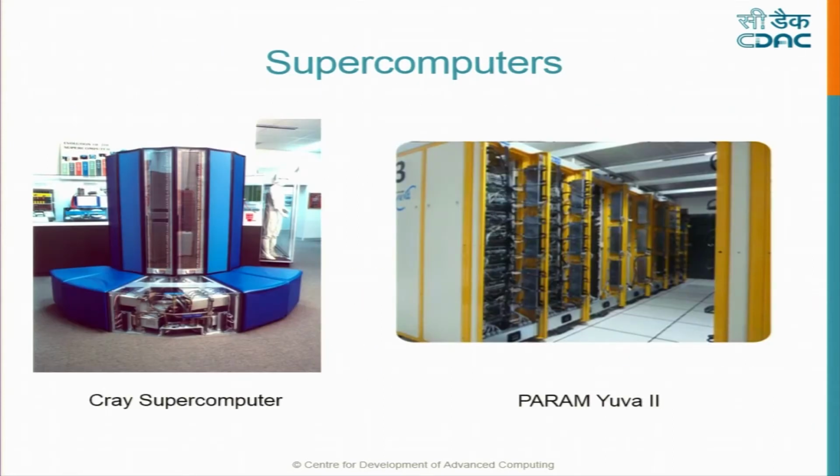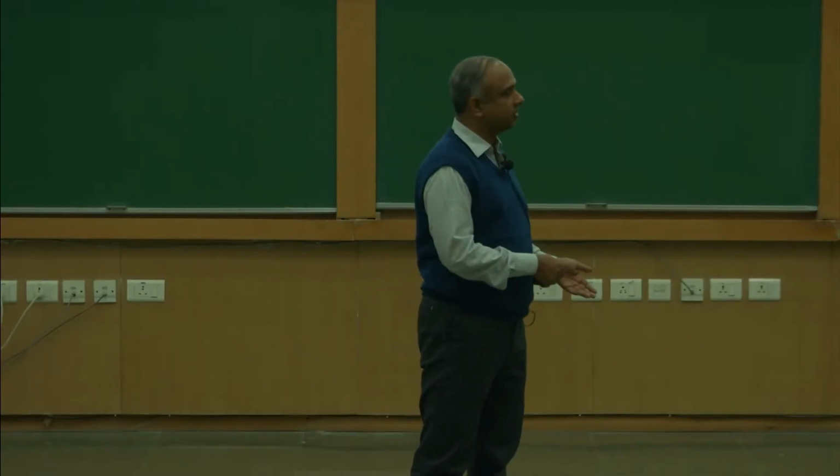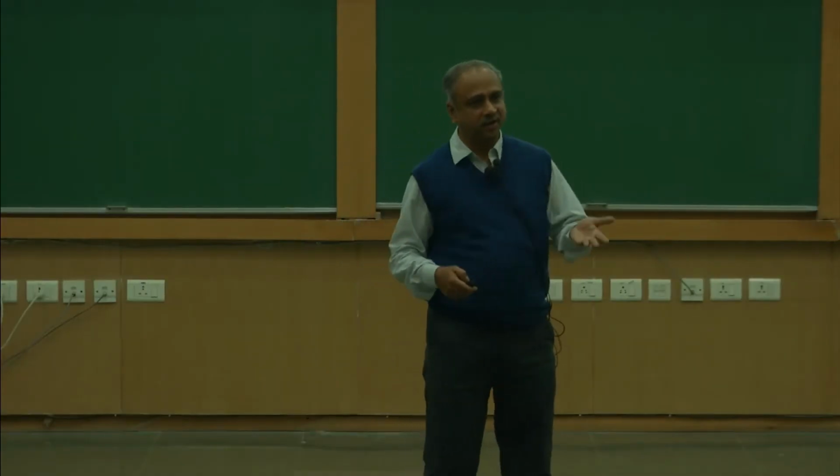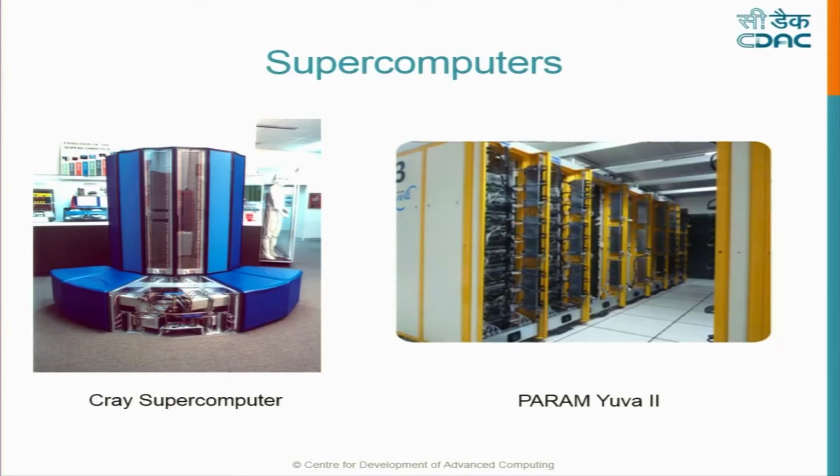This is a Cray supercomputer, custom made for a given compute power. You want more power, build another computer like this. So this is Param UR2 at CDAC Pune, a half petaflop system, built using 288 nodes. If we had used 500 nodes, instead of half petaflop, it would have become 1 petaflop. You can't see it here, but each rack has 9 nodes, and so many racks make it 288 nodes, each having 32 cores, etc. So this is cluster computing, and this was the computing that was used earlier.